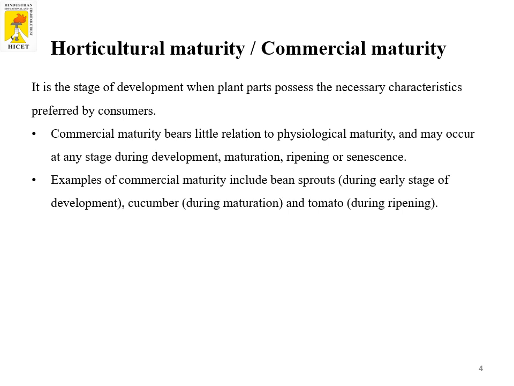For example, we have different food products which can be utilized at different stages. Sprouts are used at the early stage of development. Cucumber is used during the maturation stage. And tomatoes are used only after ripening, since tomatoes cannot be consumed when they are in the unripe stage, right?